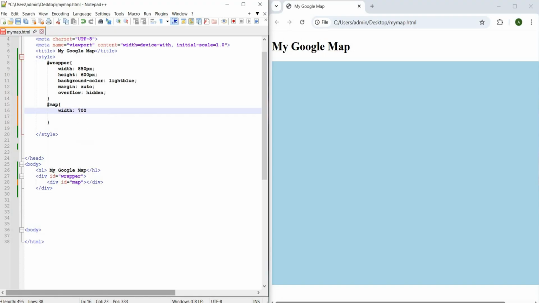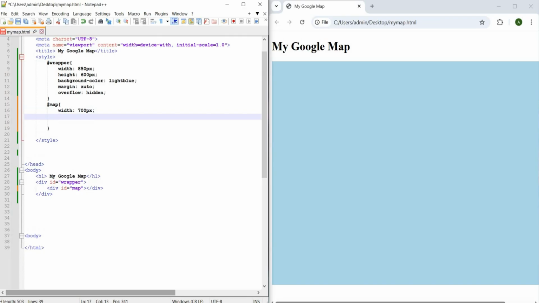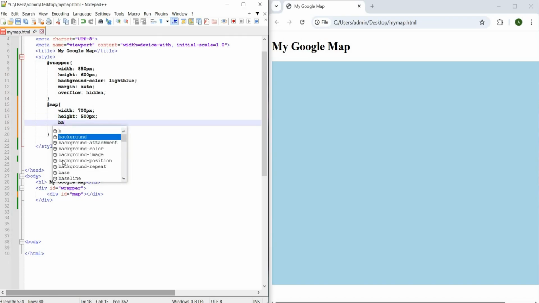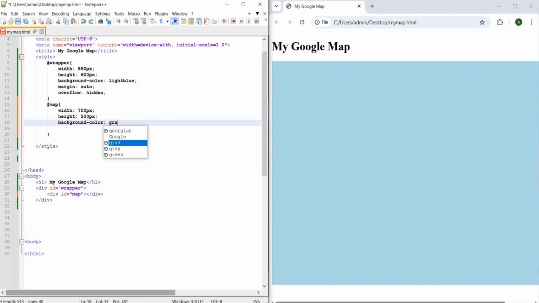700 pixels, say, height. Background color, let's say gray.